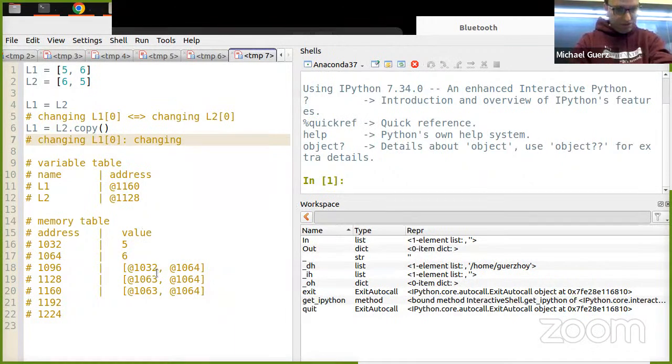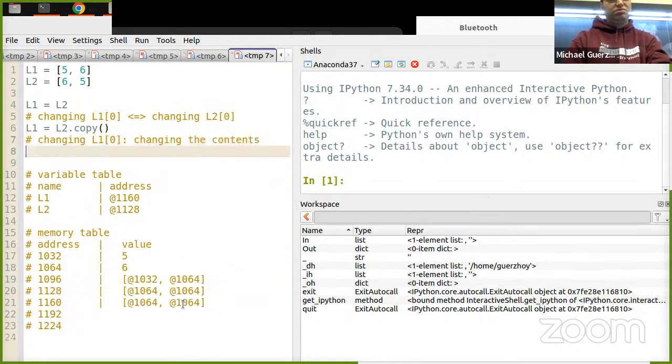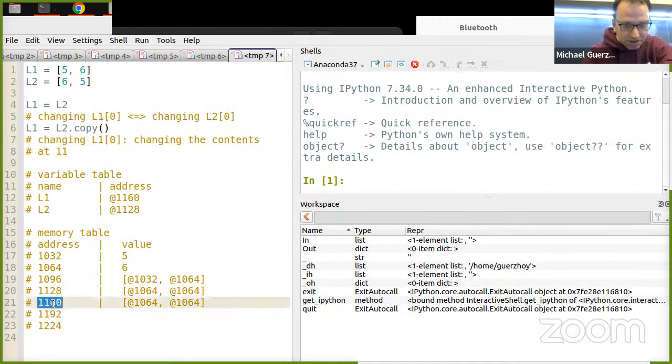Why is it 63? $64, sorry. Okay, that doesn't matter.